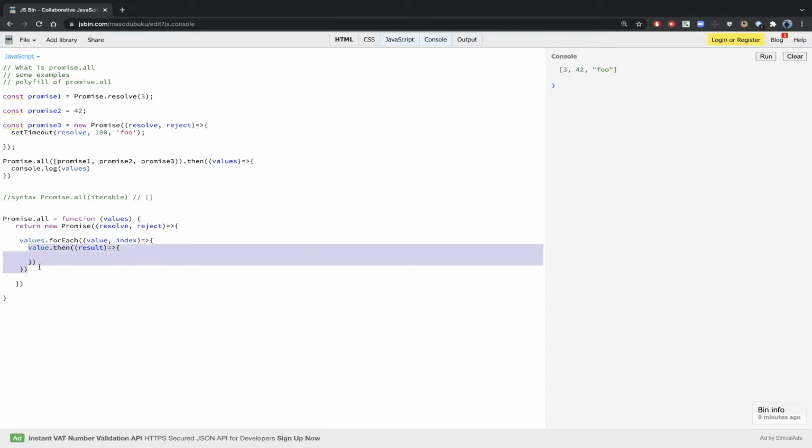Please try to understand this: we are looping through the values array, which contains promises, and resolving them one by one. But those promises will not return the value synchronously because it's an async operation, right? Maybe the last one in this array will get us the value first, before the rest of the promises.